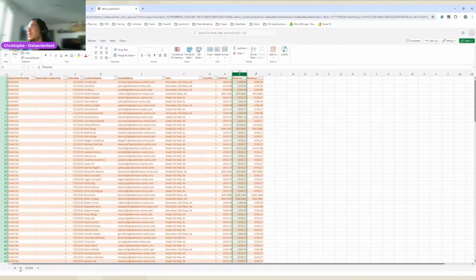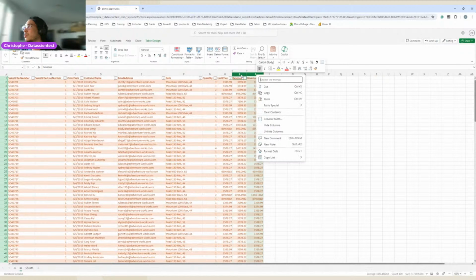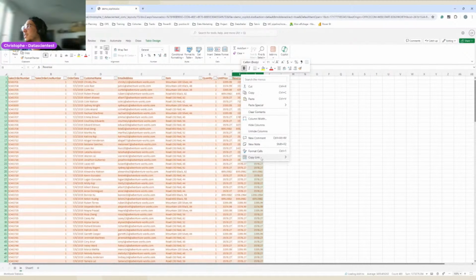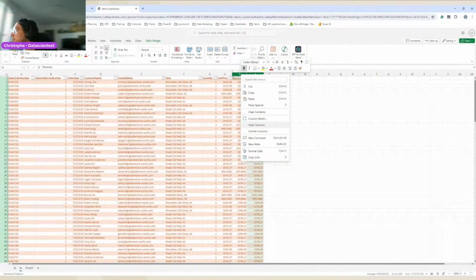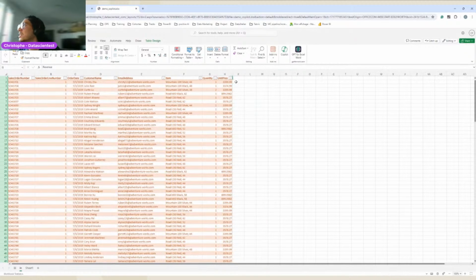So for instance, I'm just going to delete those two columns. Sorry, this one. No, actually the two of them. If I can click on it. Well, I'm just going to hide the columns because I do not seem to find delete. Anyway,